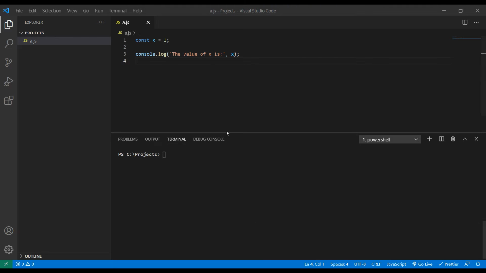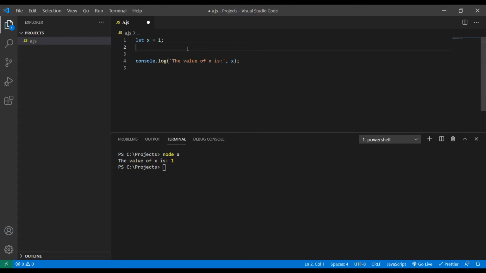Another keyword used to declare variables is the const keyword. Here we declare the x variable with the const keyword. Let's log it. The difference between let and const is that let is used for variables that we want to